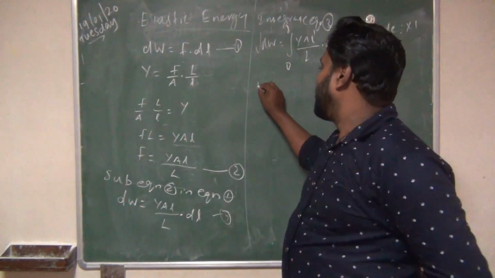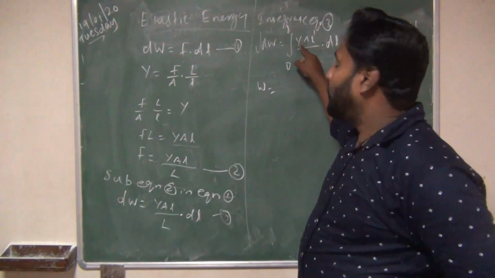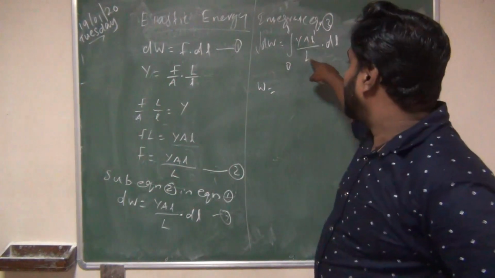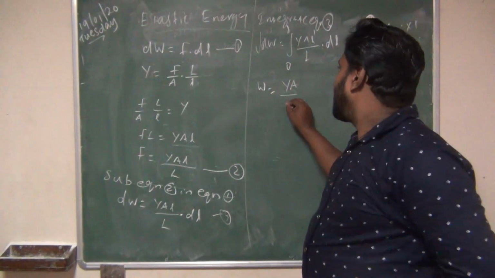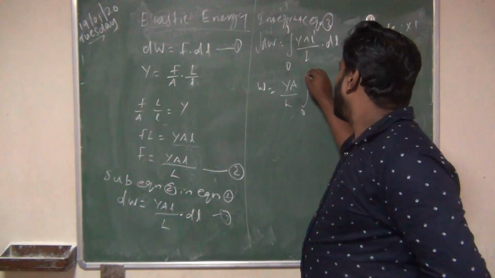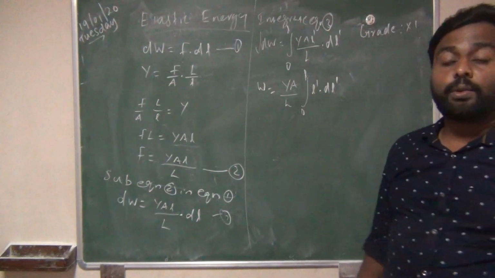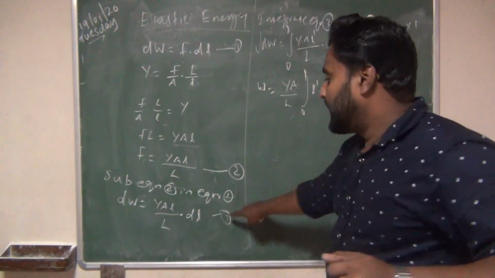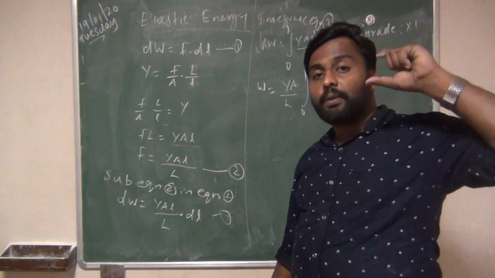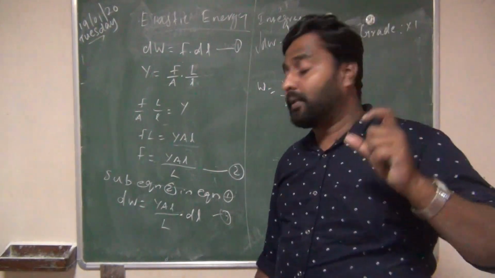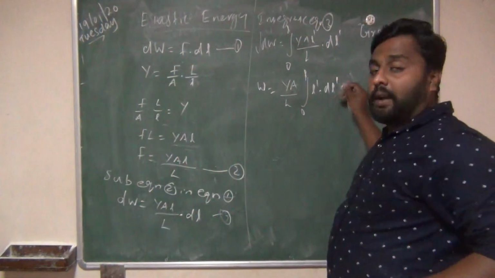Now I'll integrate dW, we will get W, and before integration take all the constant values. Y is constant, area of cross section A is constant, and the capital L we can take outside. So YA divided by capital L, integral 0 to L dash, dl dash we have to give. So here from this step, equation 3, l is there, dl is there. Without confusing, we have to integrate, so we are changing this l to l dash using a dummy variable. And now integrate.